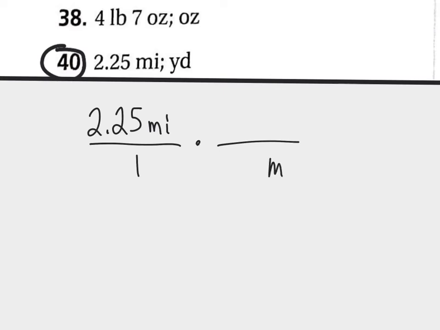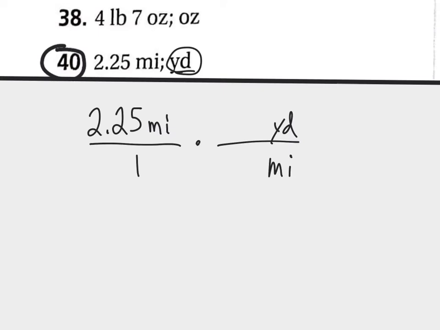Since there's only one unit here, miles, the 2.25 miles we can just put over 1. And then we can multiply by a conversion factor. In order to get the miles to cancel, we want it to be in the opposite part of the fraction. Since the miles we have is in the numerator, on our conversion factor we want it to be in the denominator, so those will cancel. So the miles we're going to try and transfer into yards. If you look at the reference sheet,